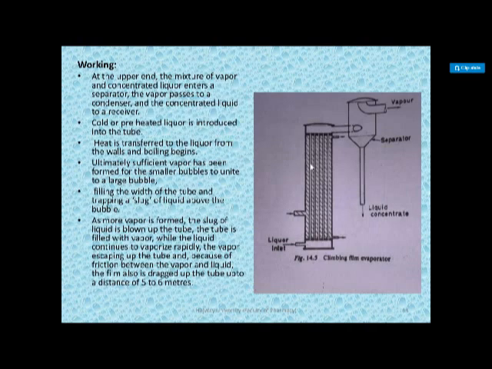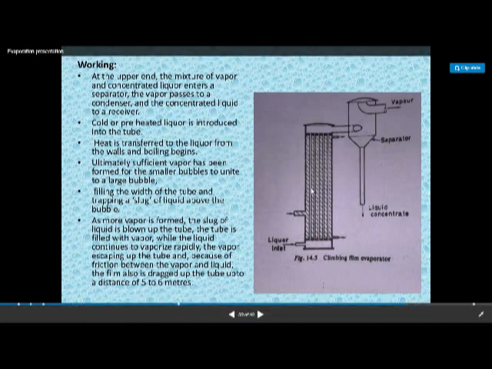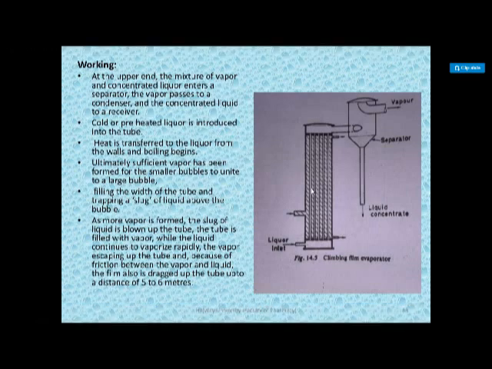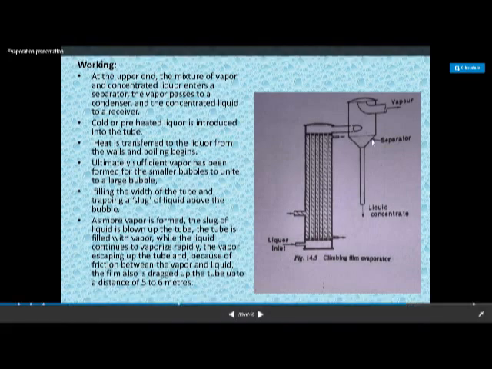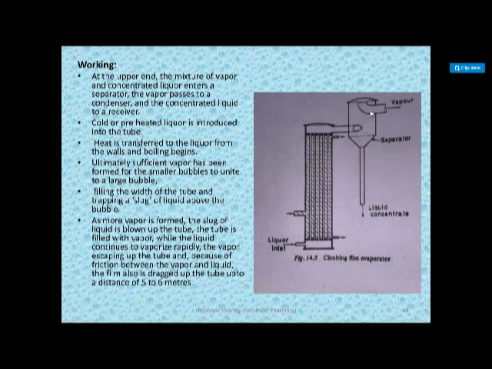Then, as these tubes are not submerged, like in the case of the short tube evaporator, there is no question of pressure head or boiling of the liquid. These types of concepts are not here. And as this is attached to the cyclone separator, we are getting the liquid concentrate separately from the vapors, right? So this is again one of the advantages of the climbing film evaporator.